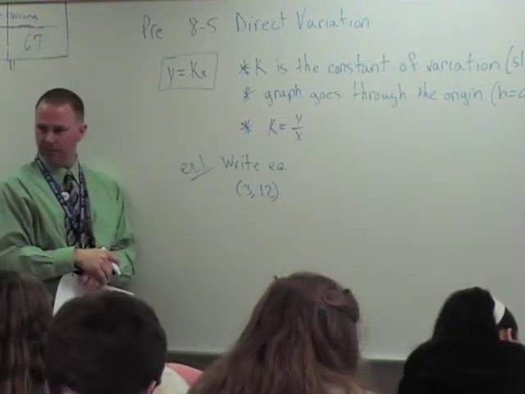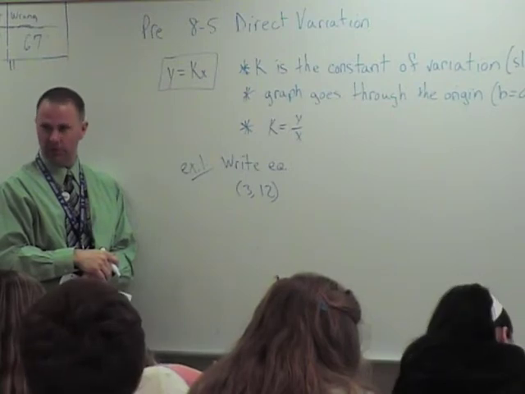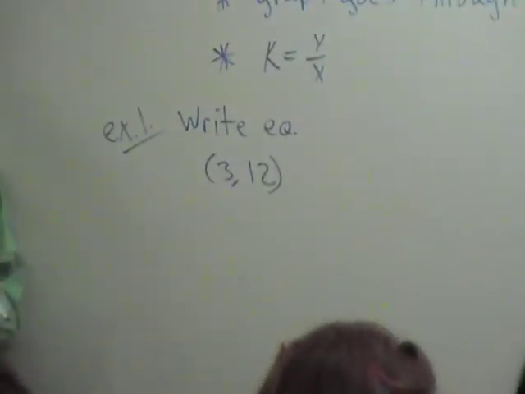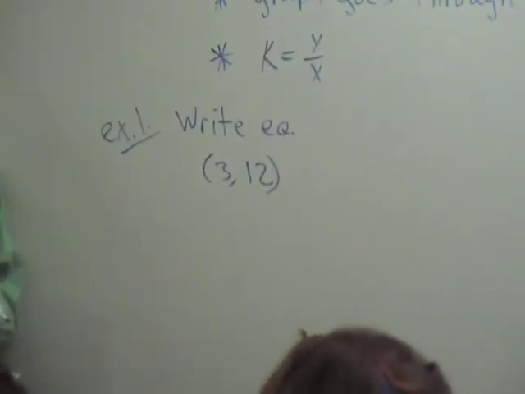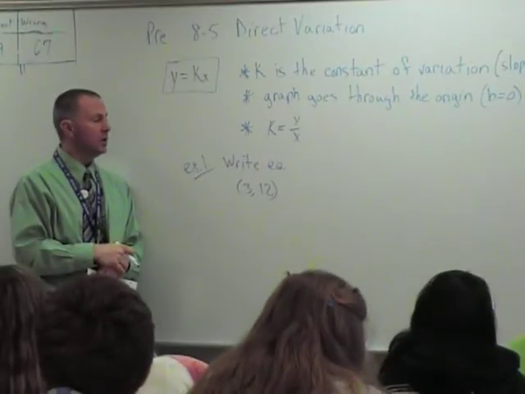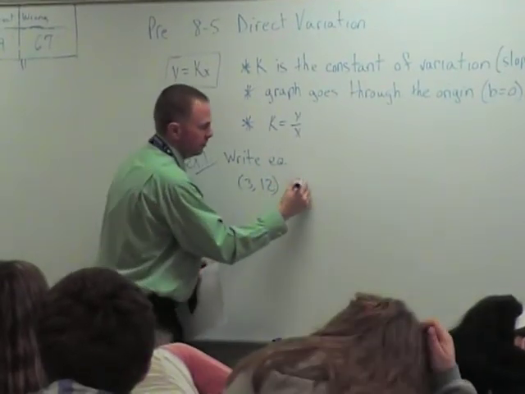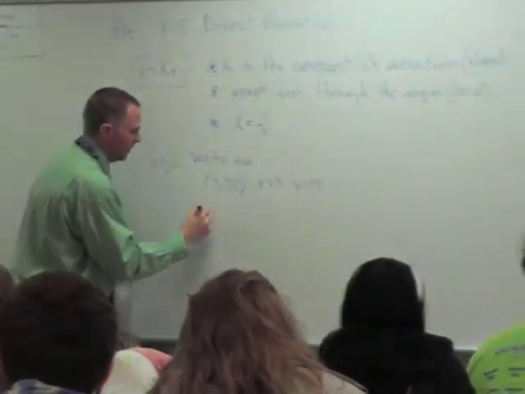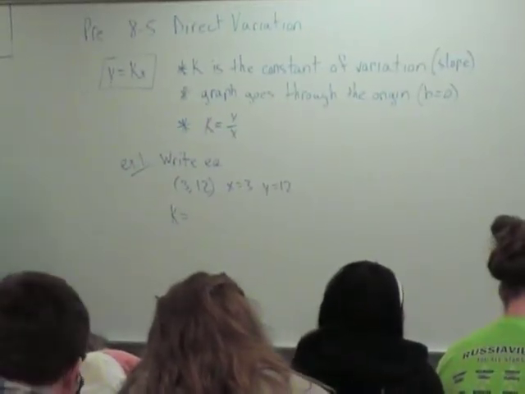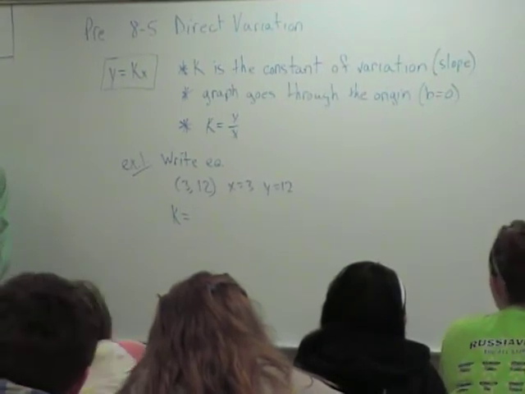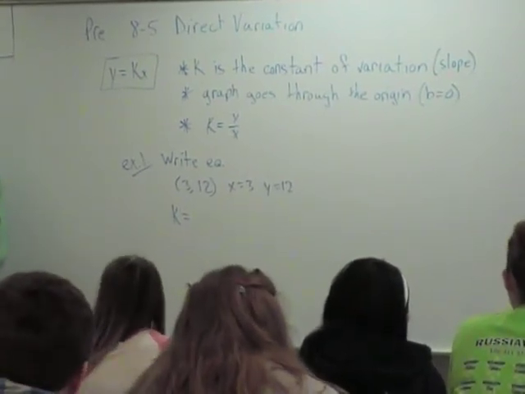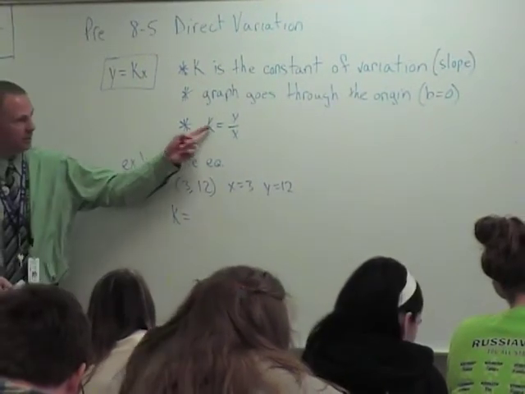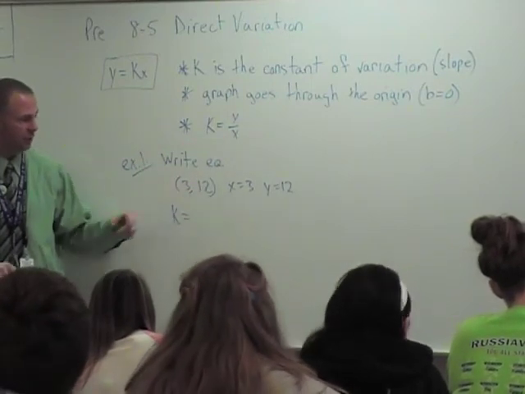So what's x? What's y? So x is 3 and y is 12. So what is k then? What'd you say? 4. K is y over x. 12 over 3,